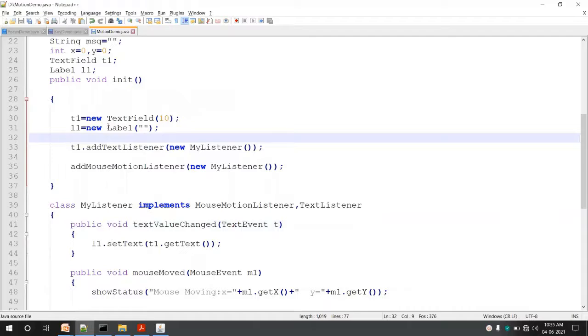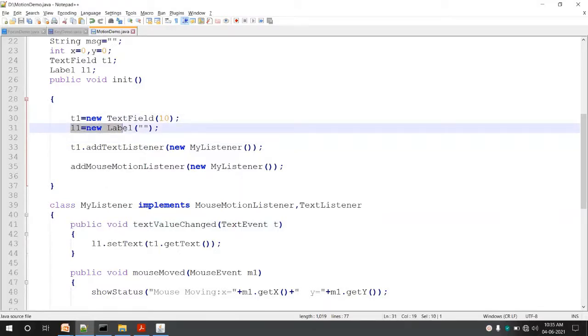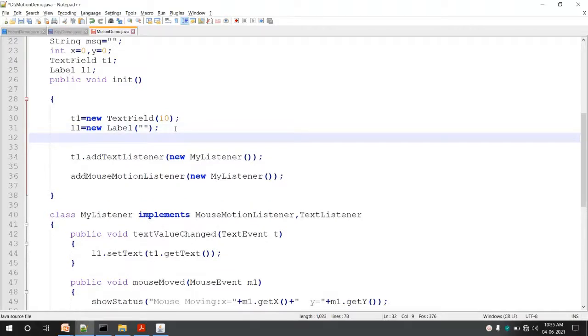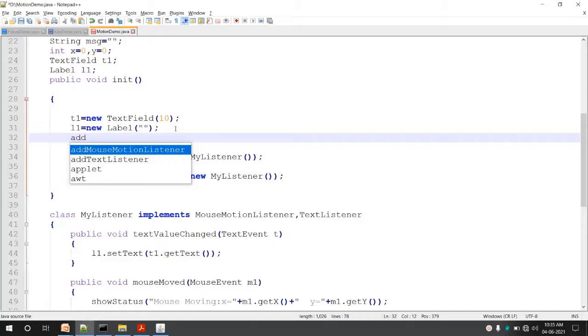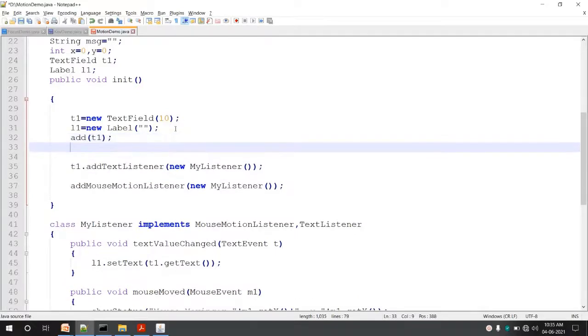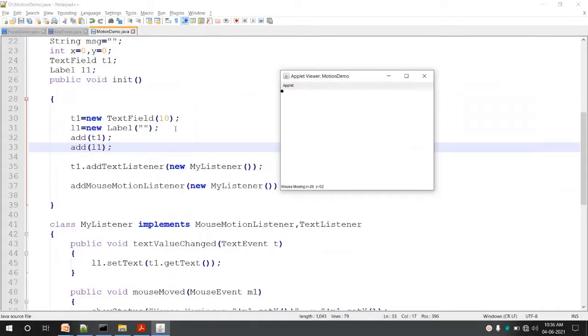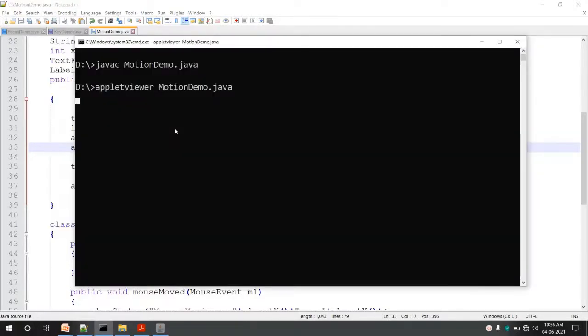Because we have created a text field and a label, but those are not added to the container. To add the text field and label, we have to use the method add. add(t1), then add(l1). Okay, let us compile it again.